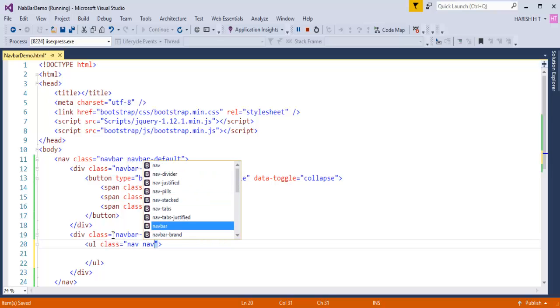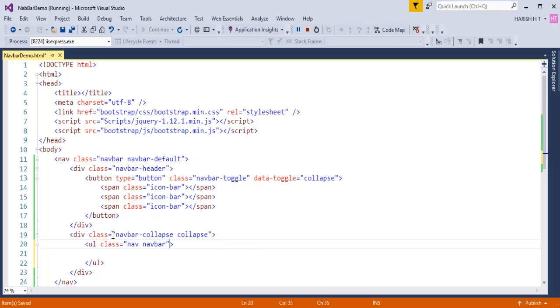Okay, now I'm done with that. So my next objective is I need to add that item. So I'll take a list within that anchor tag. So I'll add like home,